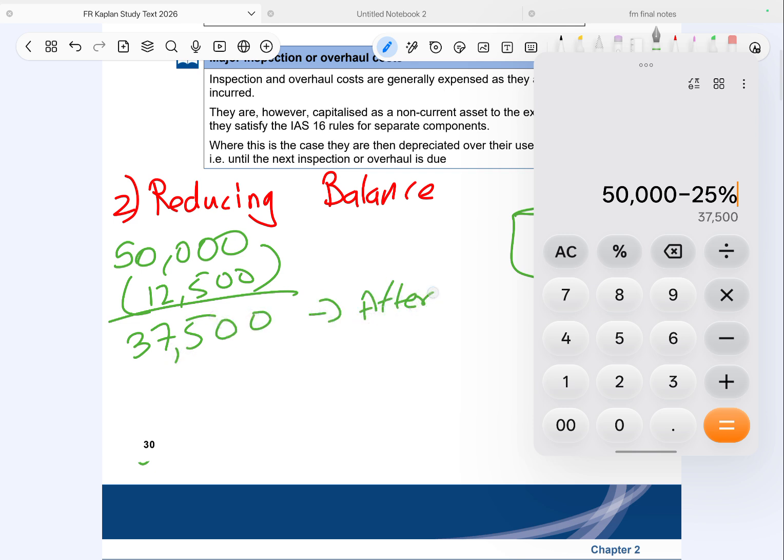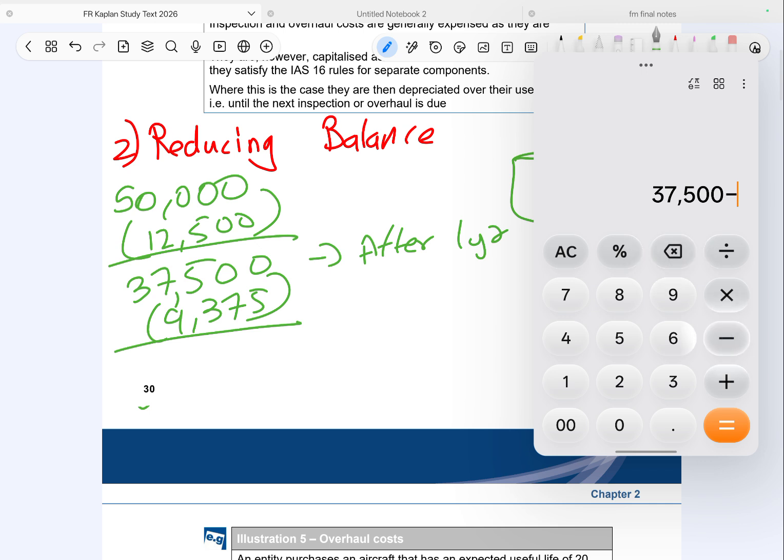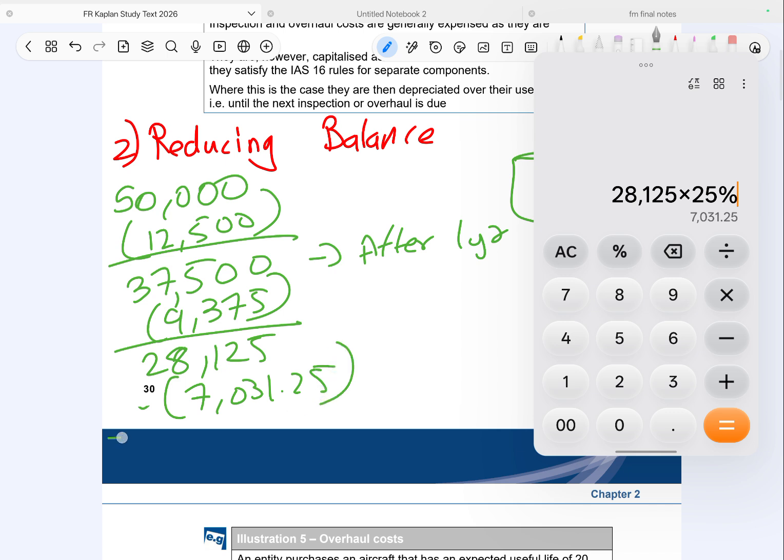After 1 year, again from this 37,500 I am going to be minusing 25%. First I need to find out how much 25% is to show our working, which is 9,375. So from 37,500, if we minus 9,375, it will give us 28,125. Now I again need to find out the 25% of it, which gives us 7,031.25. Now I'm going to minus,